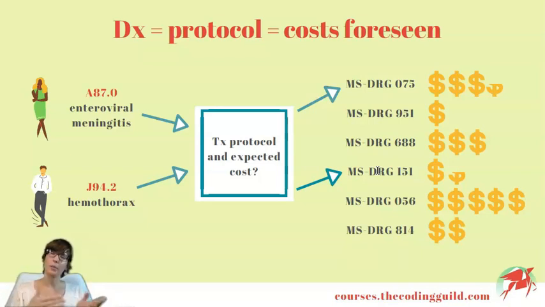This can be either good or bad for the facility because if they are efficient and can treat the patient for less than what they get from CMS, then they can keep that amount and make a profit. On the other hand, if they are wasteful and not effective enough, they will lose on that patient. Of course, we have to add that this is the general idea and there are always cases where CMS acknowledges the need for additional payment. Now let's see how we actually find MSDRGs.